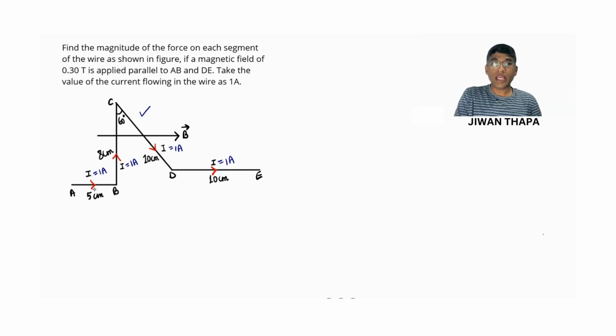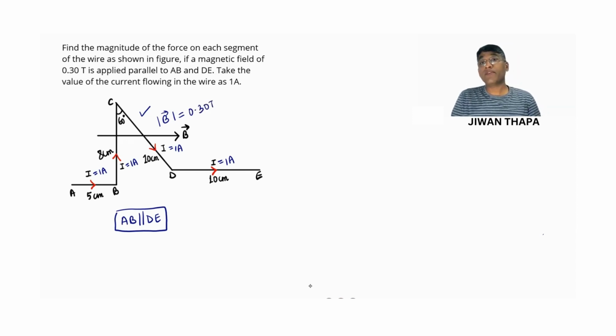And we find AB is parallel to DE. Clear? So we can see this from the figure. And from the question, a magnetic field of 0.30 Tesla is applied parallel to AB and DE. So we have magnetic field in magnitude B equals 0.30 Tesla, and the magnetic field is parallel to the segment